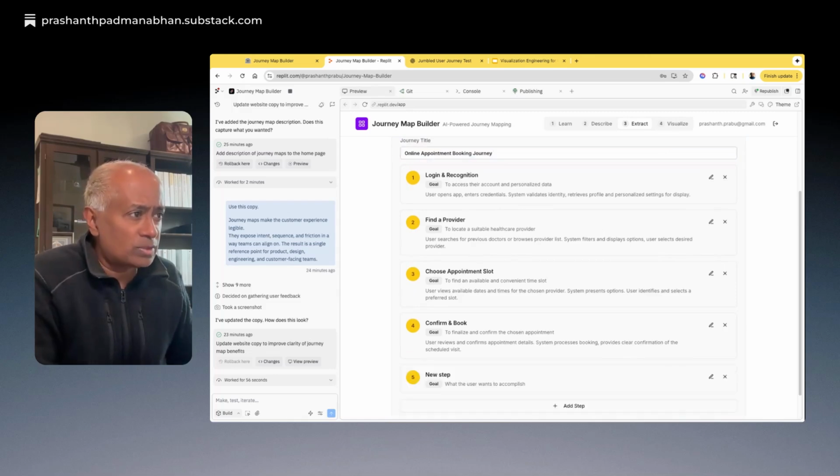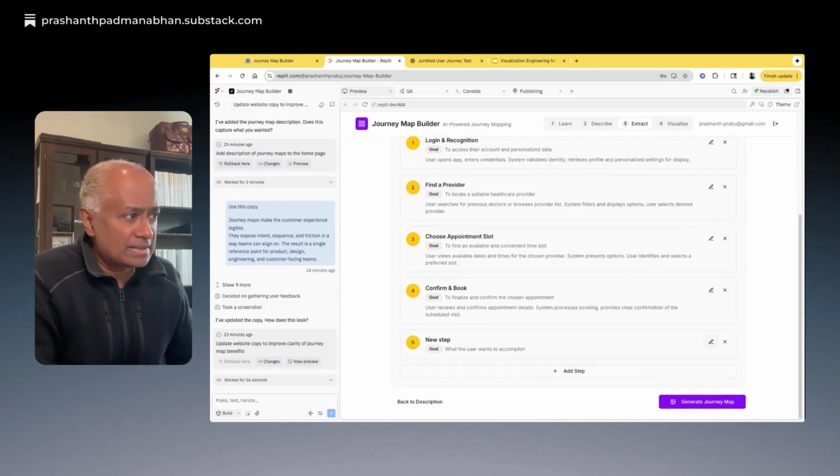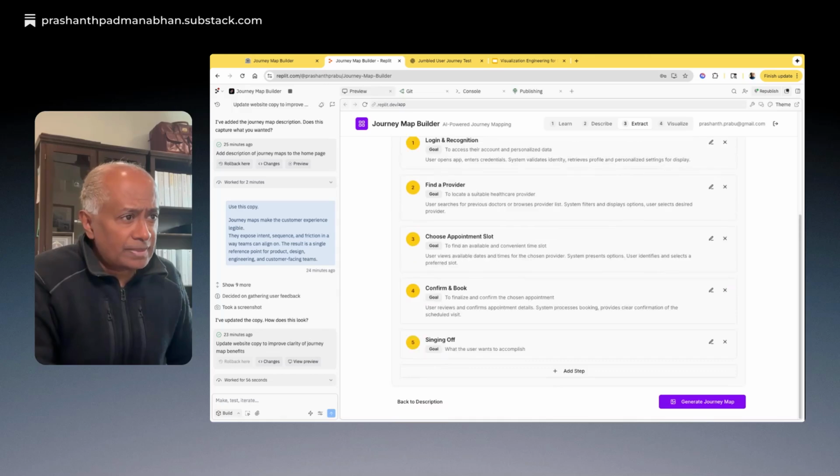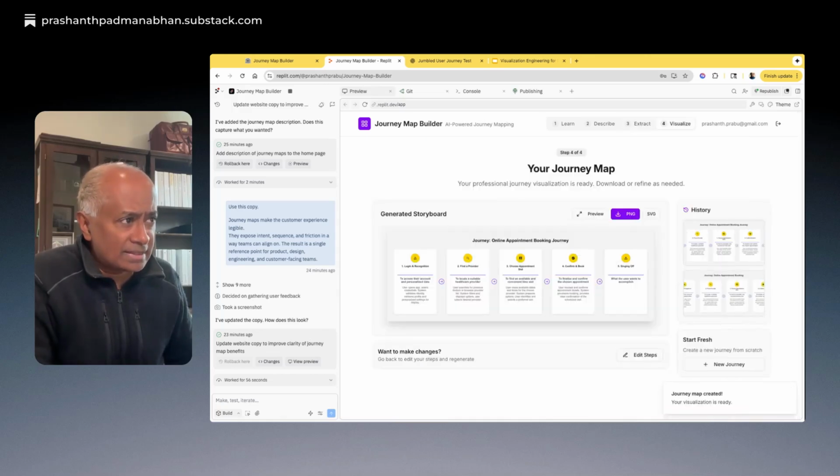And I want to add one step, saying this is a step that I'm signing off, and so on, and save it, and then generate the journey map, and then it creates a new step, and then I can download it.